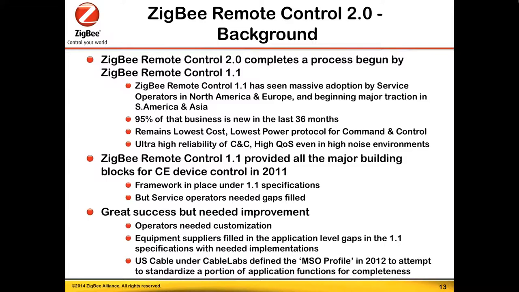An ultra-high reliability of command and control and very, very high quality of service of individual packet reception and transmission, even in very high-noise environments. And Case touched on some of those points really well in his presentation. ZigBee 1.1 provided all the major building blocks for CE device control, and it's a great framework